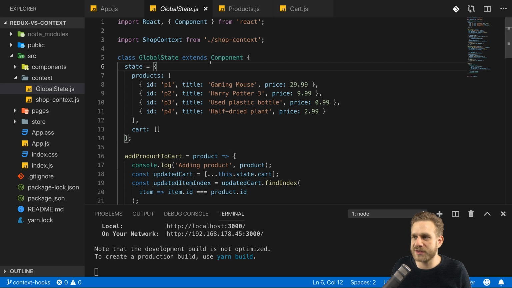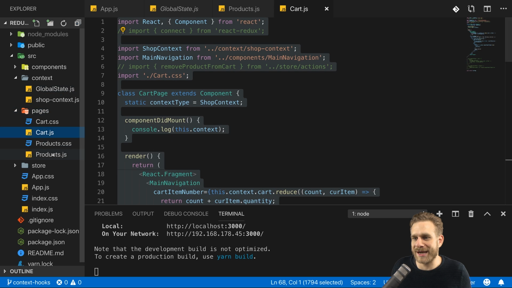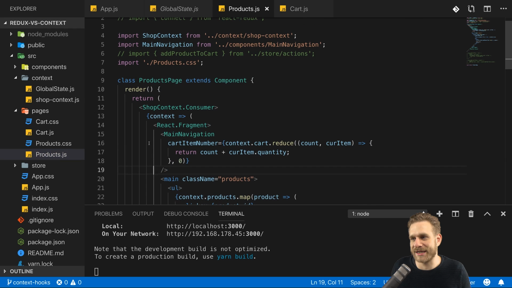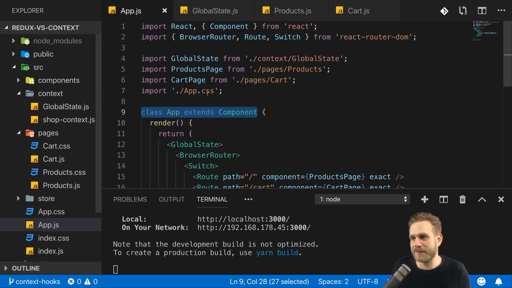So how can we use hooks here then? We got classes everywhere, like here in the global state, in the app component here, and also in our cart and products pages. Everywhere we got components. Time to change this. Now let's start in the app.js file, and let's convert this class-based component